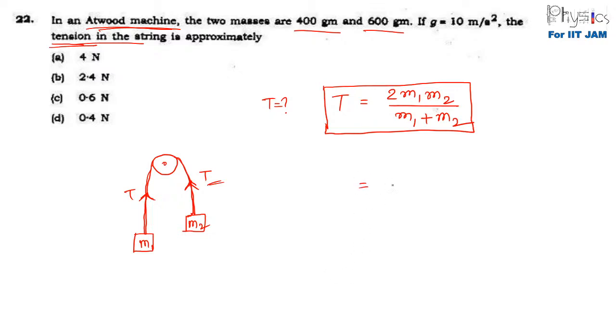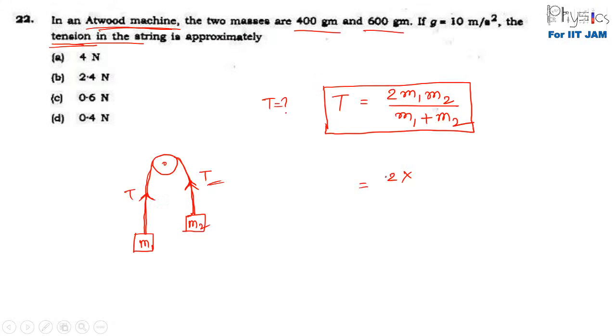So let's just put it here, that is 2 times 600 times 400 by, it is in grams, and this is in 10 meter per second square, right? And your answer is in Newton, so you have to convert gram in kg, right? So how to convert it? Just divide it by 1000, that is